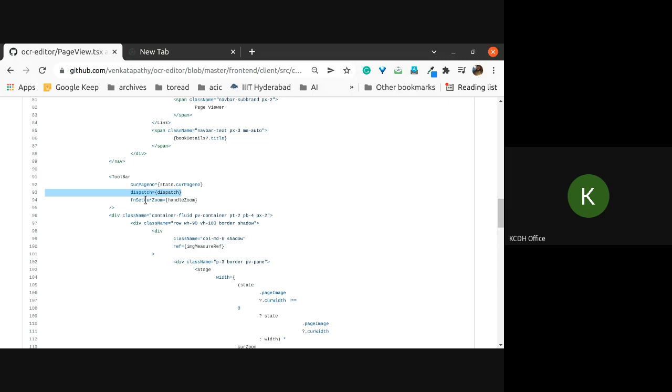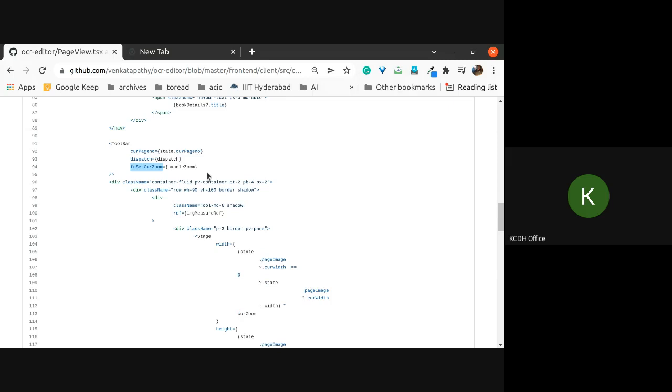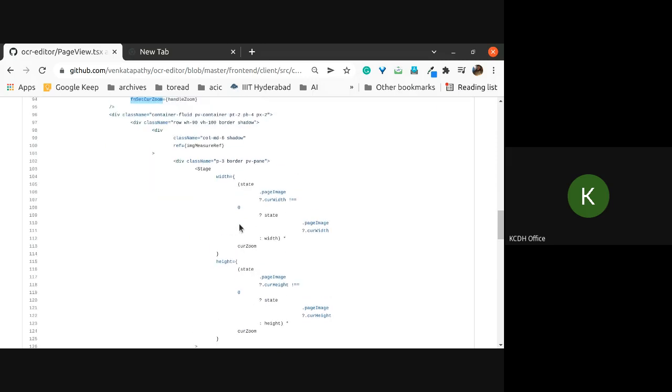And there are also some zoom values that we are passing. Toolbar is what you see on the top. I don't know if you remember, you can go to the left page, right page, and you can zoom in and zoom out. That toolbar is this component, and for that you need to pass some values. In components, you can pass values as attributes. And this is where the left image and right image are presented.